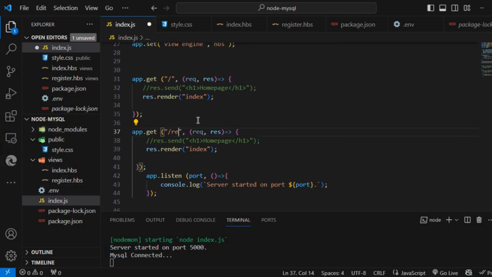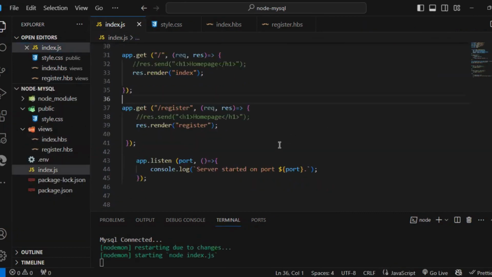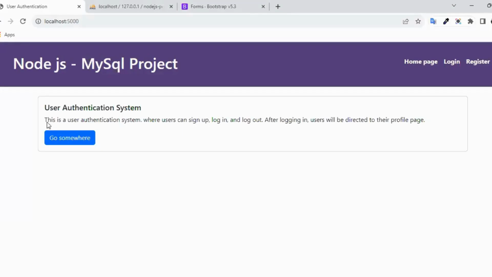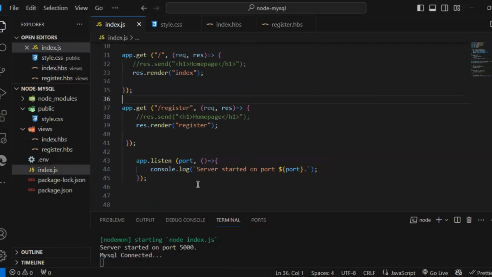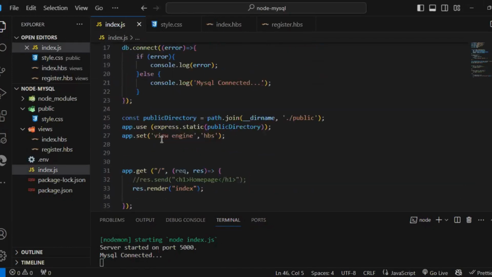And now whenever I go to register, this is register. Okay, whenever I go to register or I click on register, you should show me what? Register. So now let's hit save and test our project if it is working properly. So no, it's not working. That means we're missing something. So let me go to